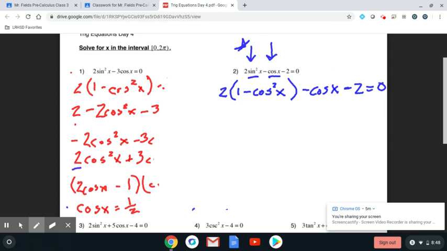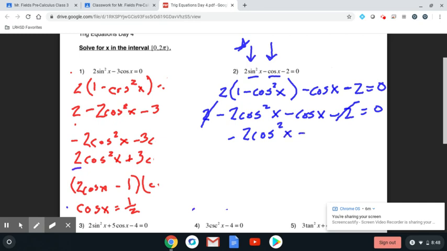So let's try to condense this left side a little bit. If we distribute the 2 inside, that's what we would end up with. Then from this point, we try to combine some like terms. If you look at my answer key, when you combine your like terms, the 2 and the negative 2 will cancel. So that just leaves you with a negative 2 cosine squared x minus cosine x,